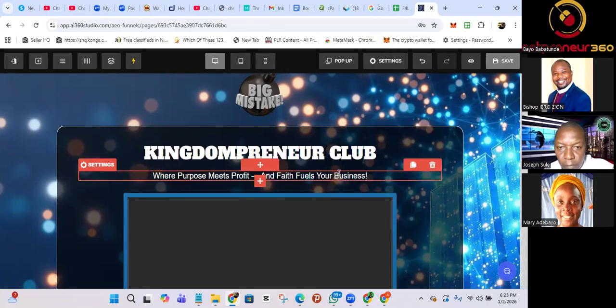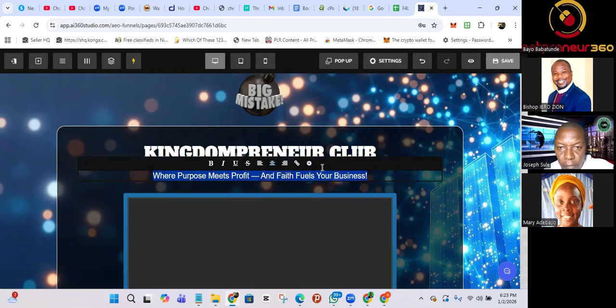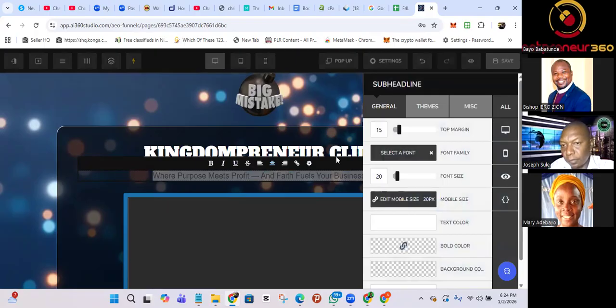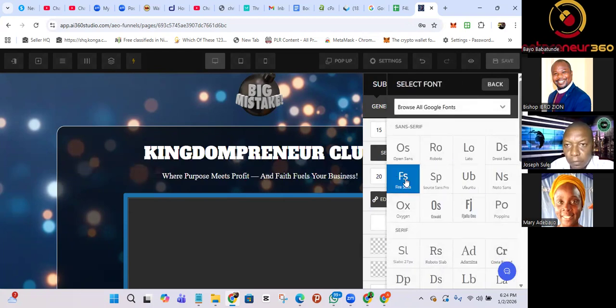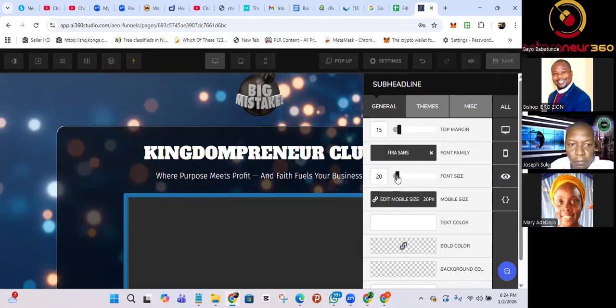Here you can increase the font size. Once you click inside here where you have your text, you can see above, if you are familiar with MS Word, you should be able to use all of this. But this is where you go, where you see this setting icon. Once you click it, it will open the editor. So you can select the font here. If you don't like the one that is there, let us pick any one. This one. So you can increase the size,